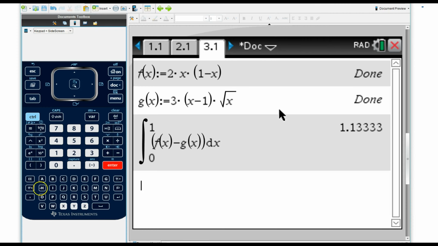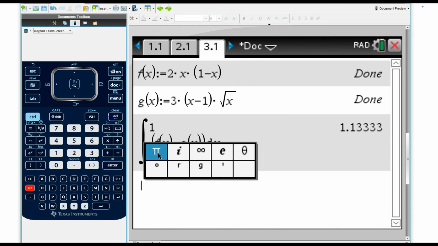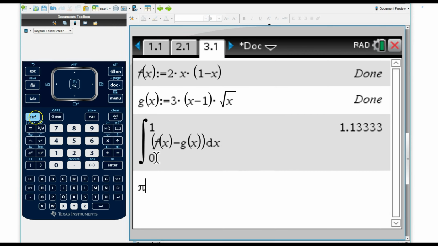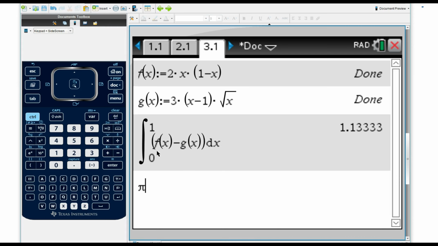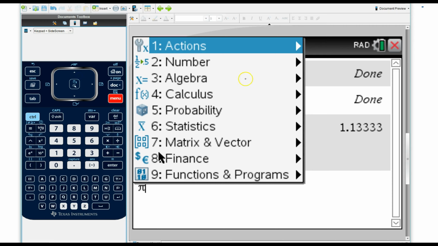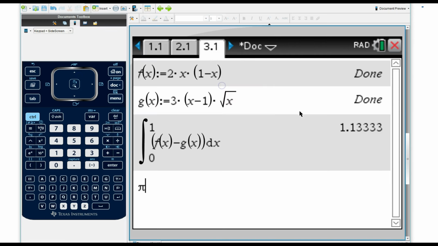And I'm going to start with pi. Now let's get that pi back real quick. So pi, and then we have the numerical integral